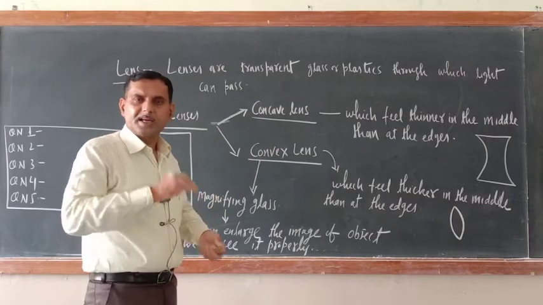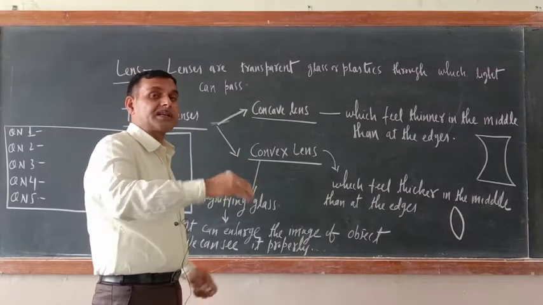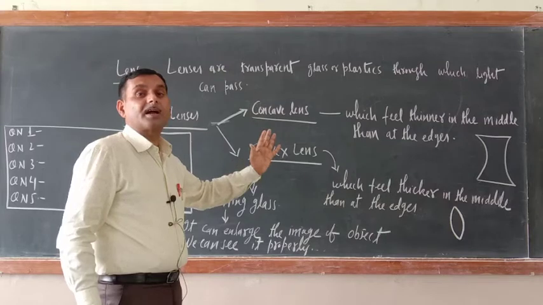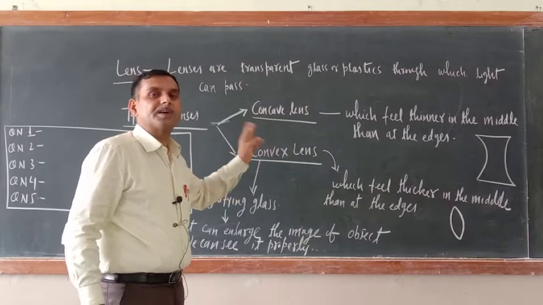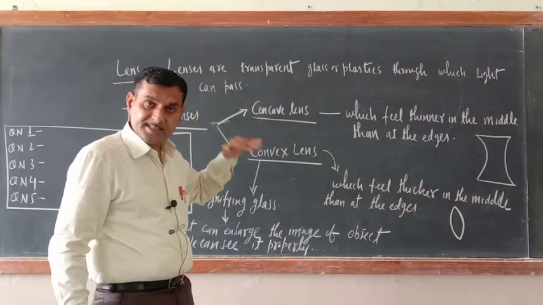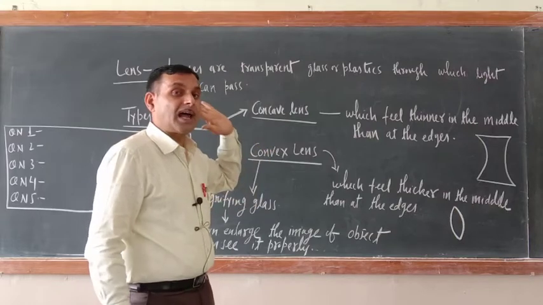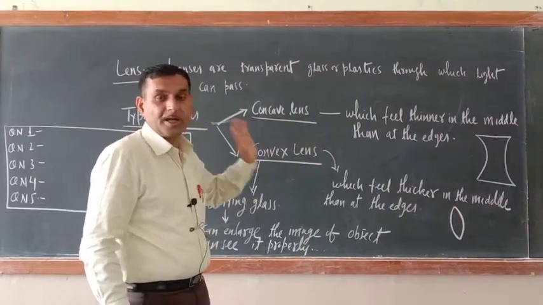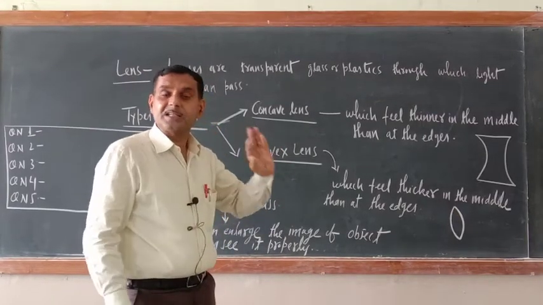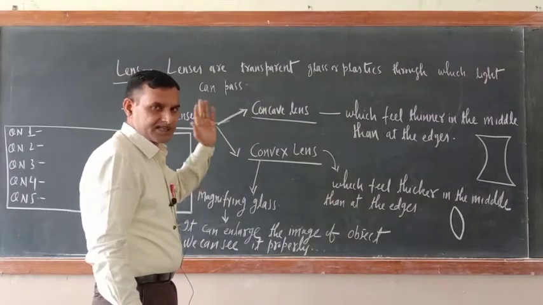So in this way they are a bit different from a mirror. In a mirror, what is there? Light is not passing, light is reflecting back, and when light is reflecting back, we can see the image of that object on the screen. So in this way they are different, okay. Through a lens light can pass, but through a mirror light cannot pass. Light can be reflected, okay. Mirror is acting as a shiny surface. That is the basic difference between mirror and lens, okay.